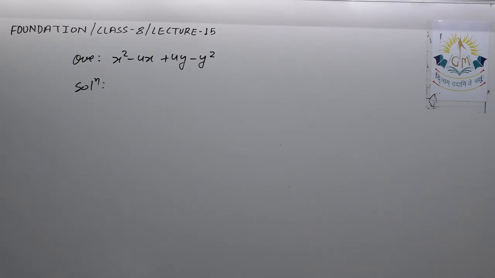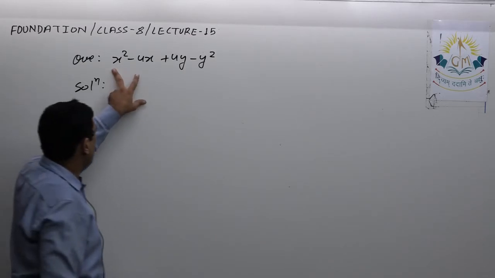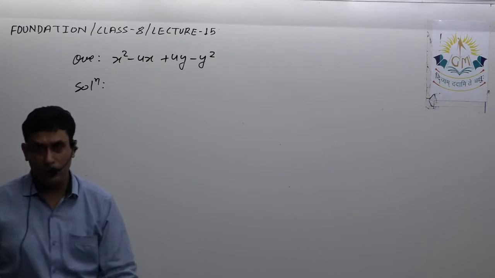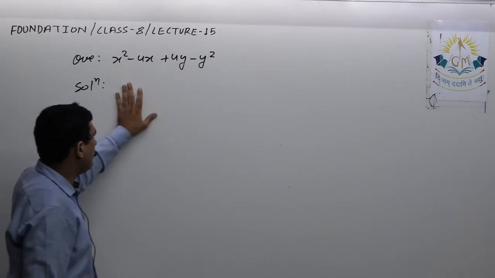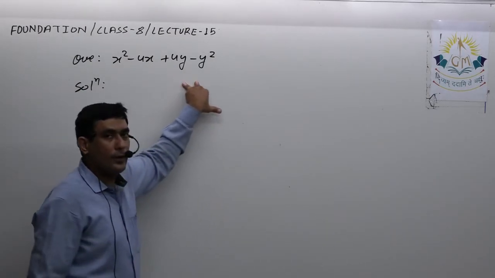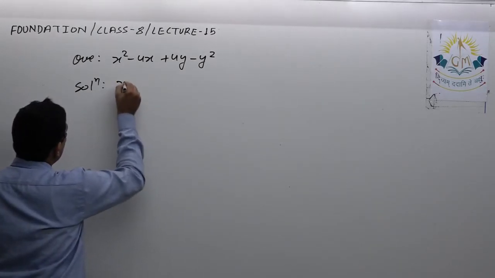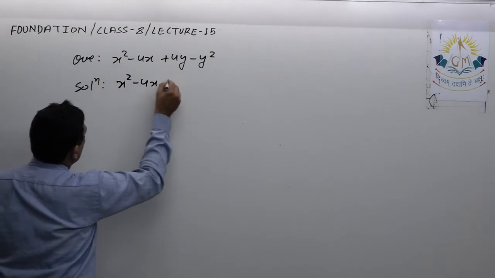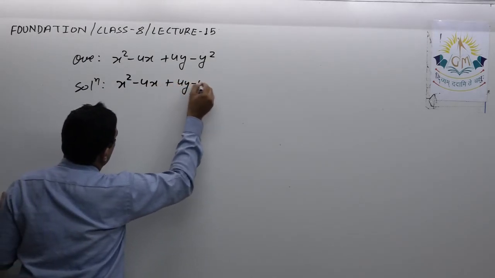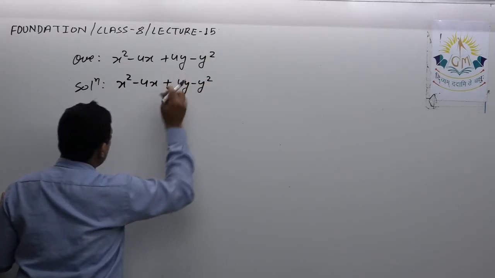Okay, there are two ways to solve this. First, simply, if I take common from the first two, yes, it is possible to take common from the first two, as well as it is possible to take common from the next. Let us start with that. Then we'll see that after taking common from the first two and last two, is it possible to factorize it further?